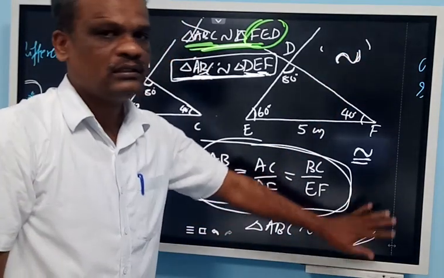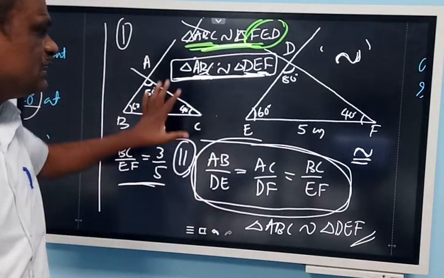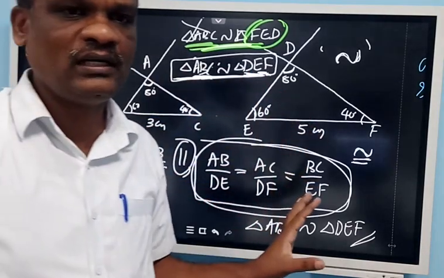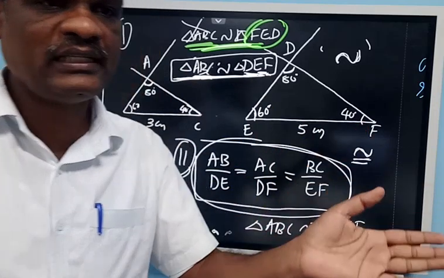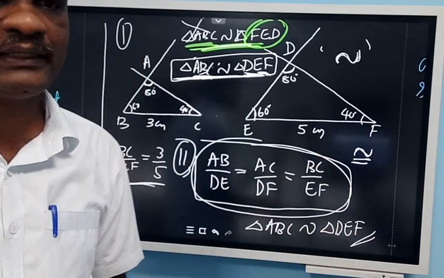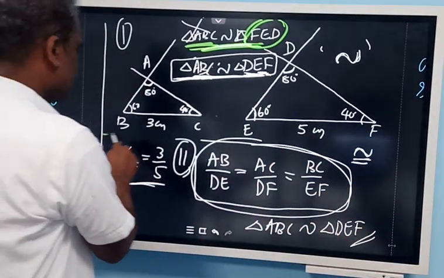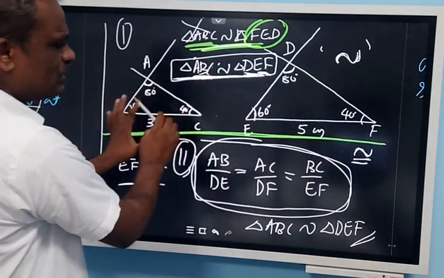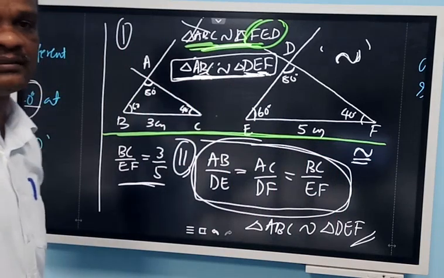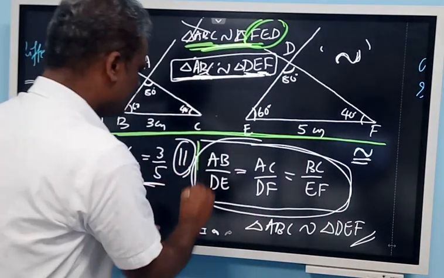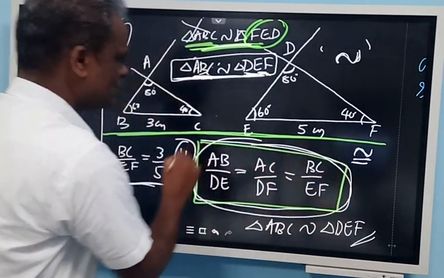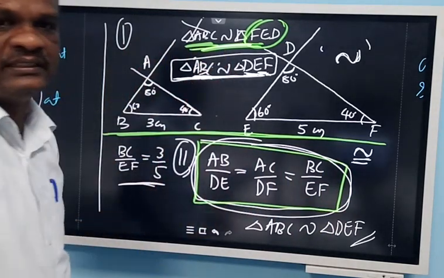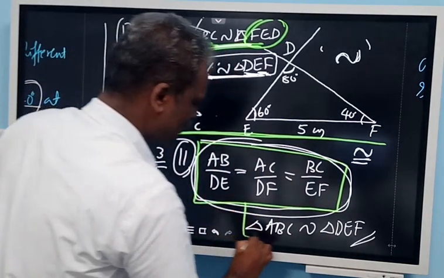Okay. So now you understood, if the three angles of one triangle are equal, then automatically the corresponding sides will be in the same ratio. We did the construction like this part. We made the three angles of one triangle equal to three angles of another triangle. Then if you verify, automatically the corresponding sides will be in the same ratio. You take this and you will get this. Then you can conclude this one.